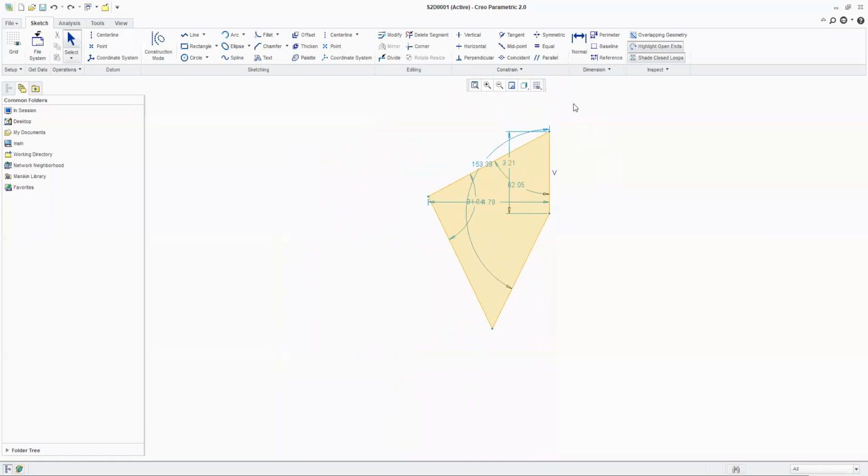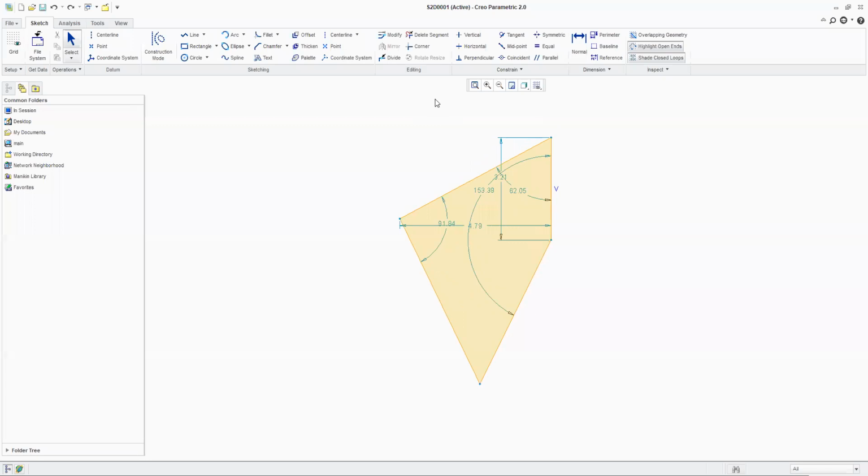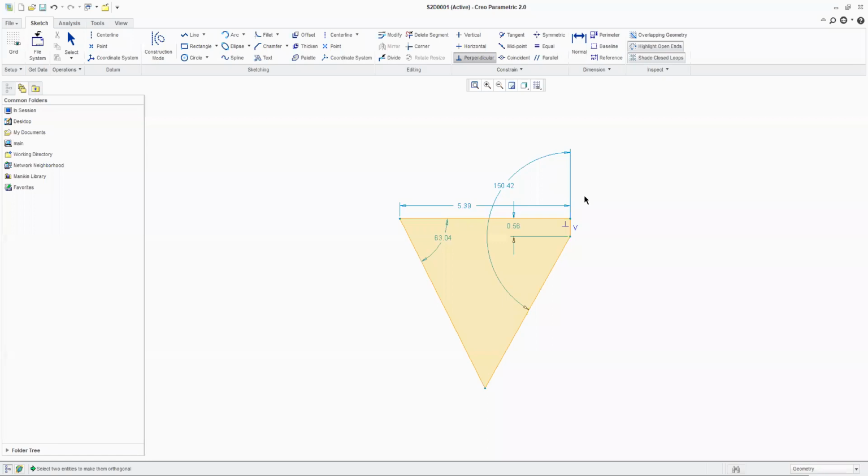Now, the next thing, we have perpendicular. I select the object that needs to be perpendicular, and then with respect to which object it should be perpendicular, I click on that object. So this object has been made perpendicular with respect to this object. Let me show it again.